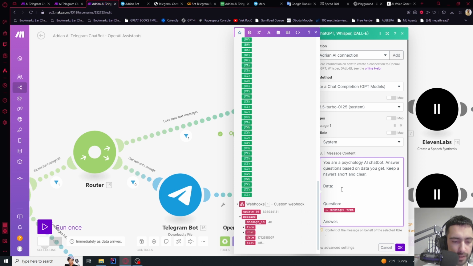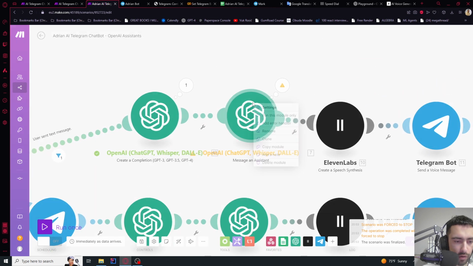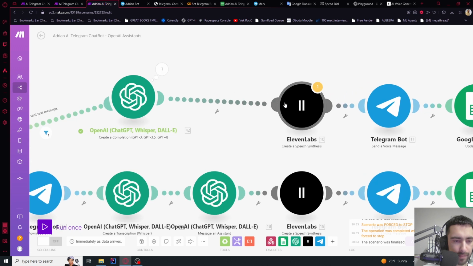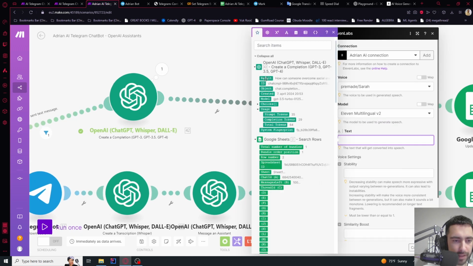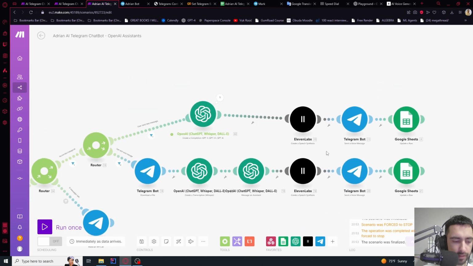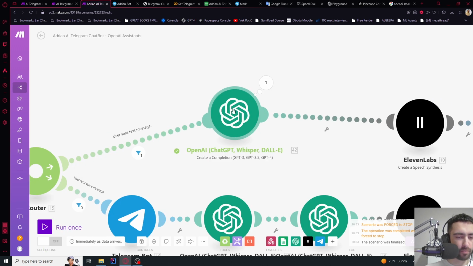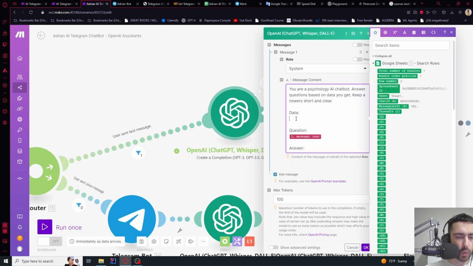and data. So we don't have data yet. Let me now go ahead and delete this assistant, and then 11 labs. We're gonna use not result like that, but this result, the new result. That's it. Okay, so now we have just a classic chat completion. There is no assistance. The problem is we don't have any data. So we want to actually send them, send our text to the